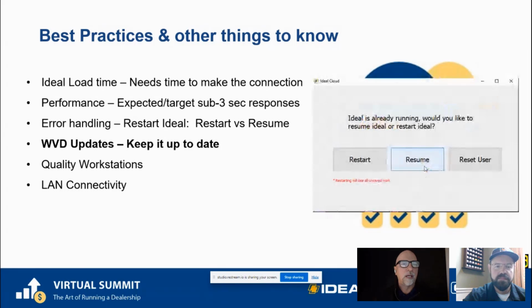The other thing that I would say, and to take a look and be conscious of when you move to the cloud, with the desktop application, if you get stuck with something, you get locked up, maybe it stopped responding, you got an error message, etc. Right? Control Alt Delete, or go into Task Manager, kill the application, start it over, and away you go. You don't want to do that in a cloud environment. And so we've added a